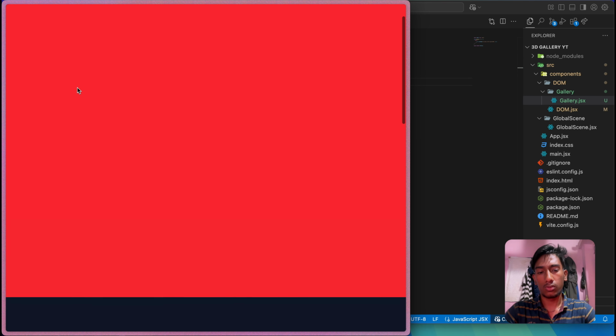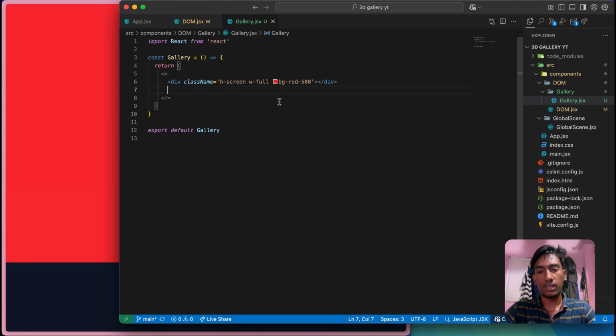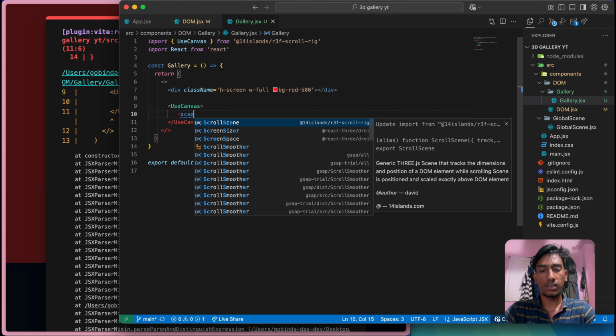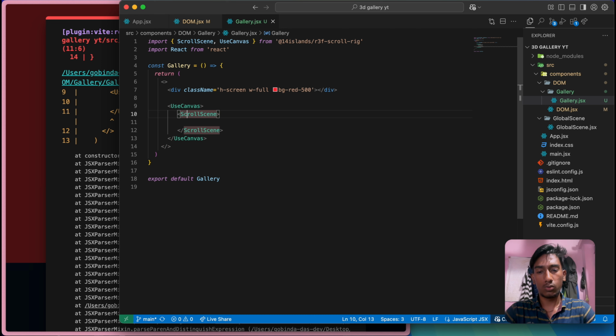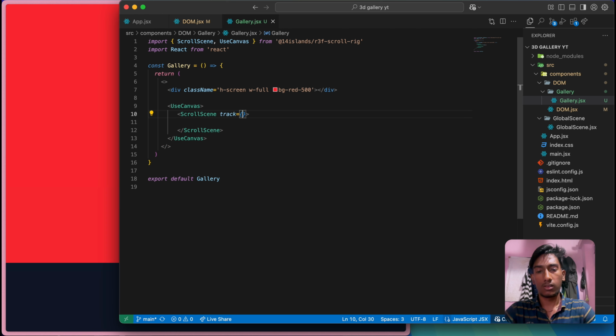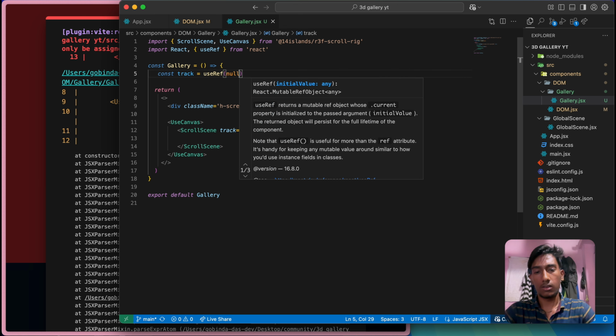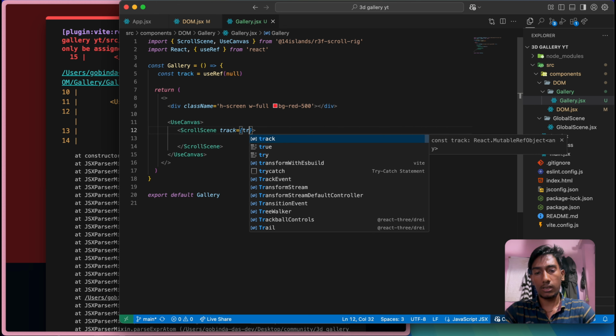Yeah, so we have our div, and let's add UseCanvas here, ScrollScene, and it needs to track something. We can get the reference of the div, track, useRef null, and track.